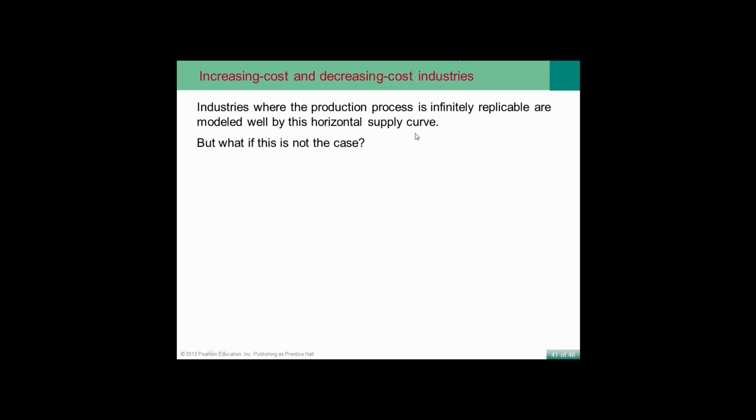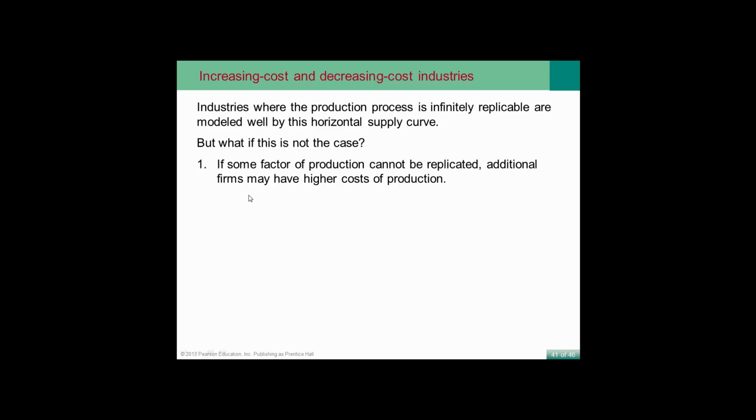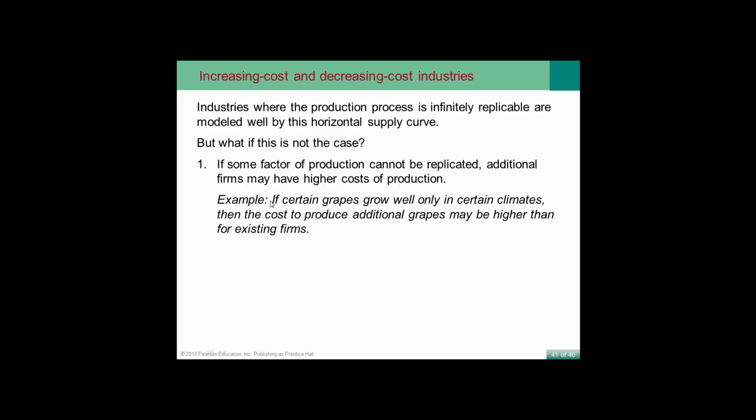Increasing cost and decreasing cost industries. Industries where the production process is infinitely replicable are modeled by a horizontal supply curve. But what if this is not the case? If some factor of production cannot be replicated, additional firms may have higher costs of production. For example, if grapes only grow well in certain climates, then the cost to produce additional grapes may be higher